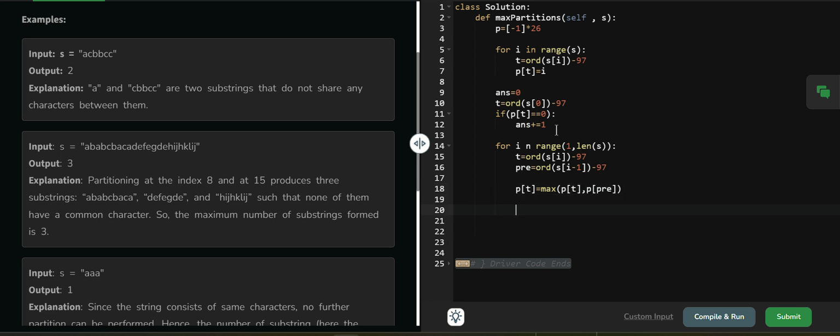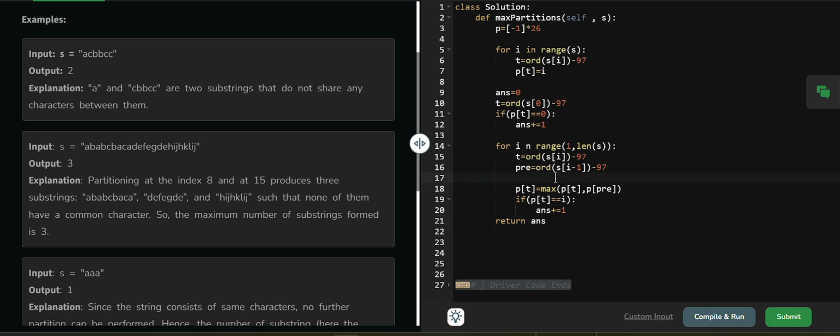Why am I doing this? Let's suppose my current character has an ending index of 7 and my previous character has an ending index of 8. That means the ending index of the substring is up to 8 only. So that's why I am maximizing. Then I will check whether p of t is equal to i, that is, whether I am standing on the ending index. If this is true, my answer will increment by 1, and at the end I will return this answer.